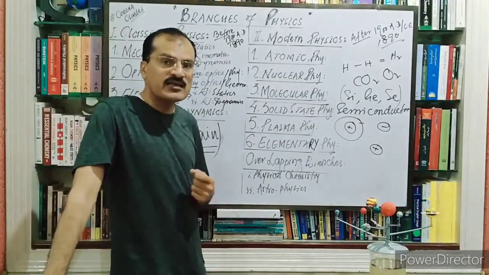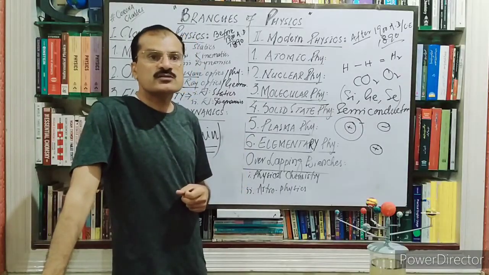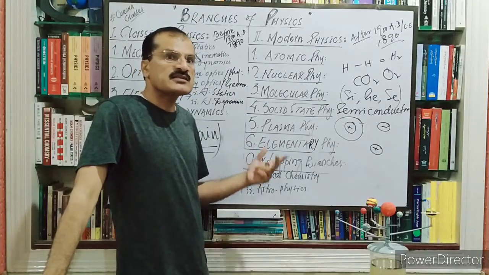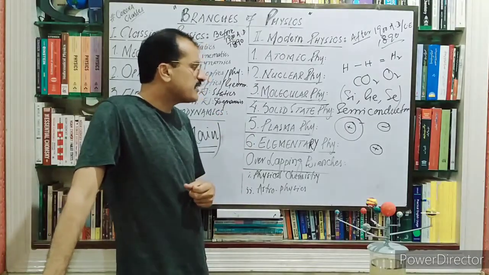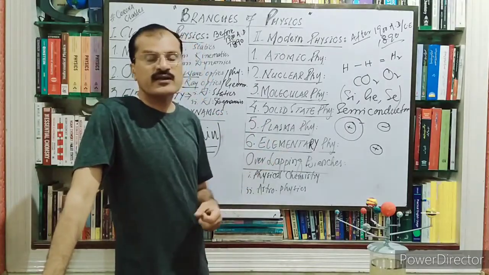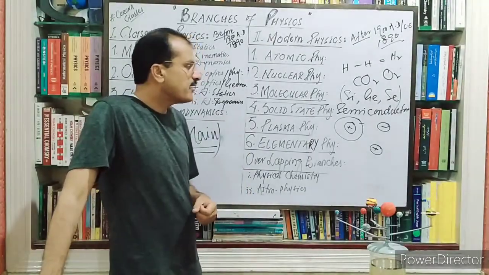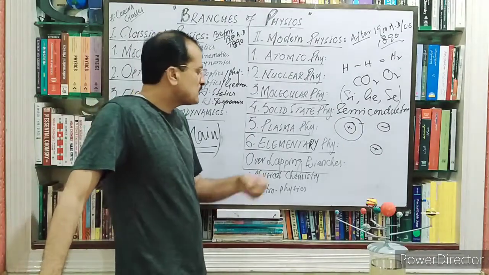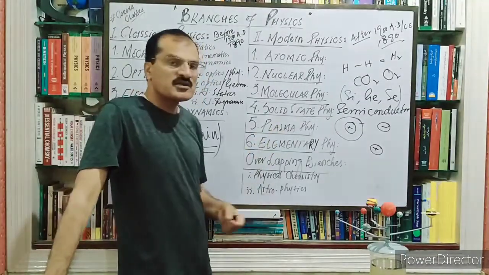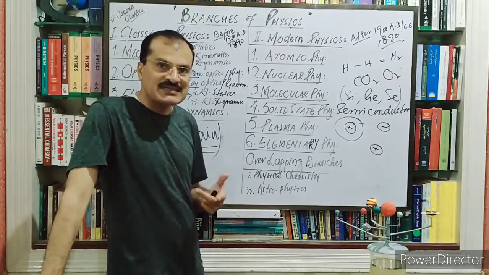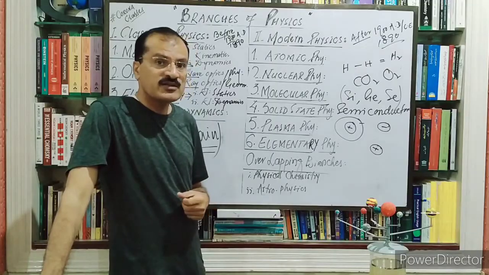Plasma is a highly ionized gas that mostly exists on the stars, and we can say this gas exists at a very high temperature of millions of degrees centigrade, and this consists of negatively charged electrons and positively charged nuclei of different atoms, elements. So that type of gas is known as the plasma, and study of plasma is known as the plasma physics, and plasma is considered as the fourth state of matter.